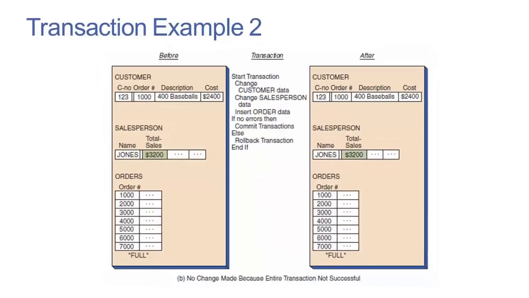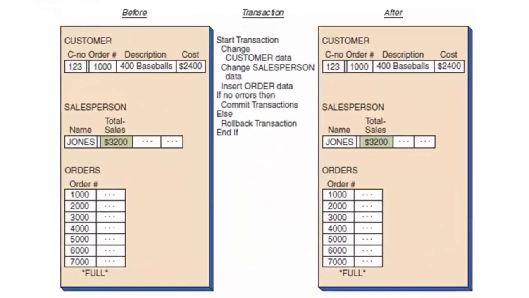By contrast, when all of the steps in a transaction are treated as atomic, as a single logical unit of work, any changes that have been made to the database tables will be undone if an error occurs during the execution of the transaction. So in this case, we can follow the execution of the transaction, and we see again